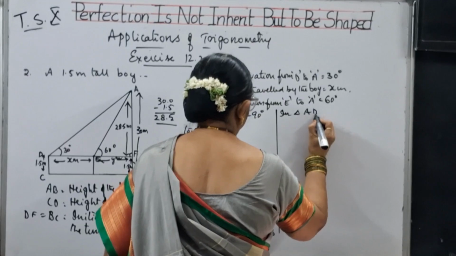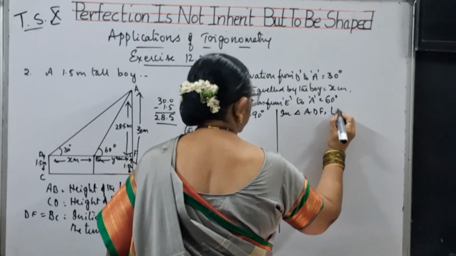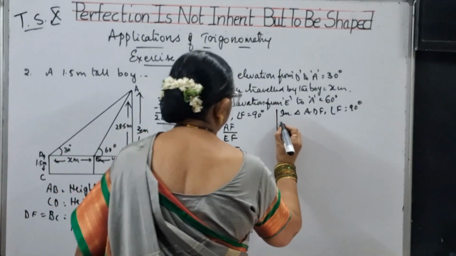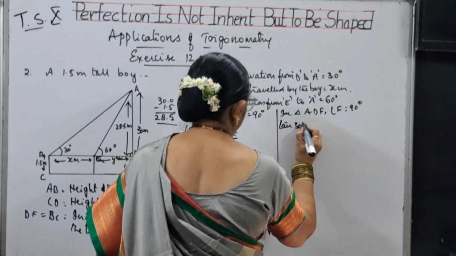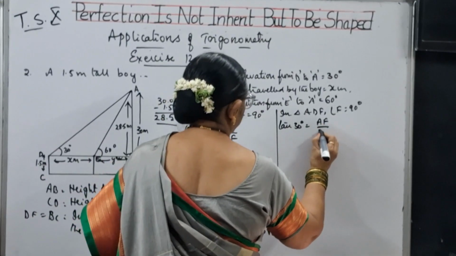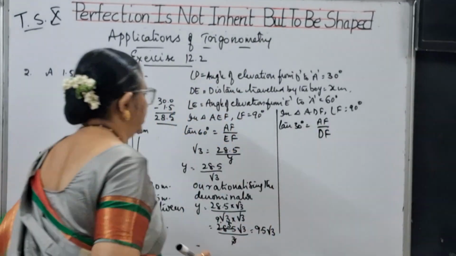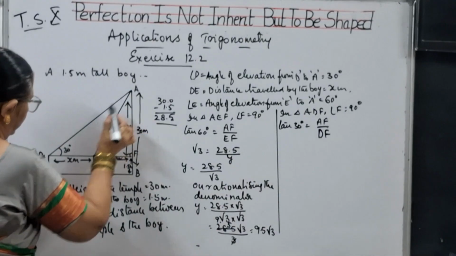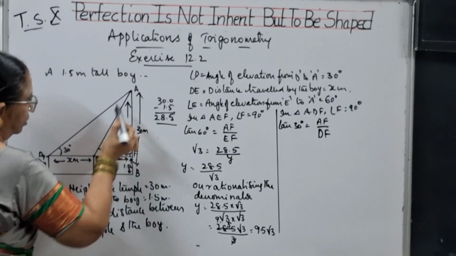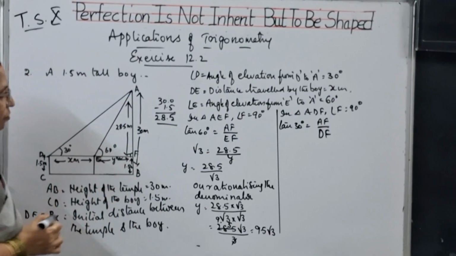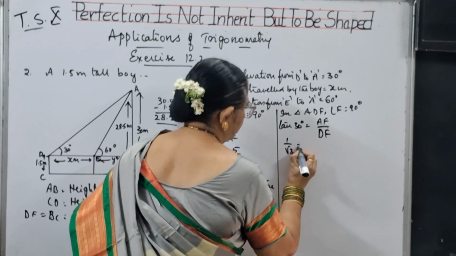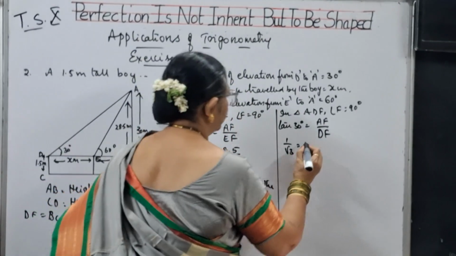In triangle ADF, angle F is equal to 90 degrees and tan 30 degrees is equal to AF by FD or DF. Are you understanding? In ADF, tan 30 degrees is equal to AF by DF. Tan 30 is 1 by root 3, which is equal to AF,